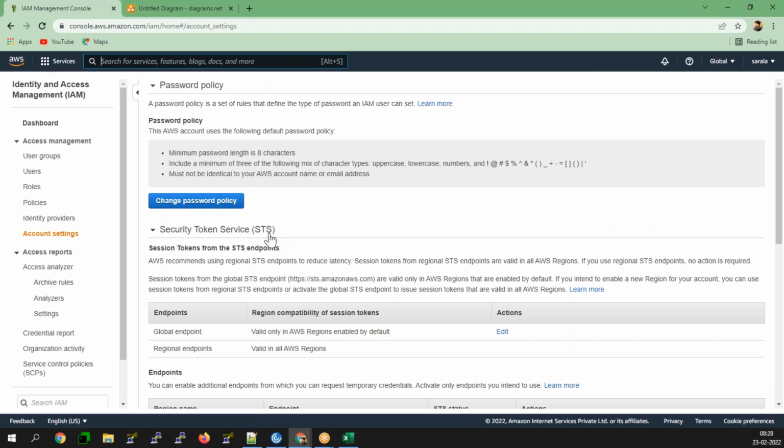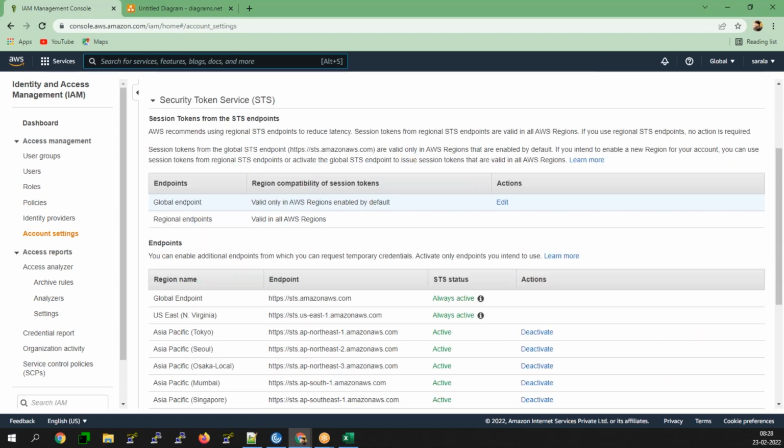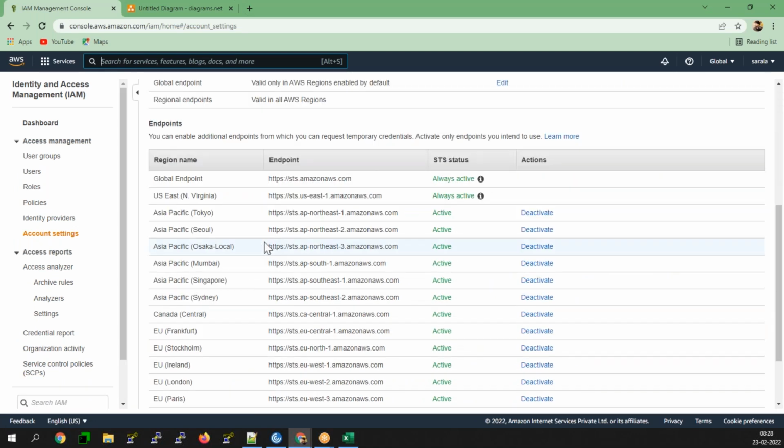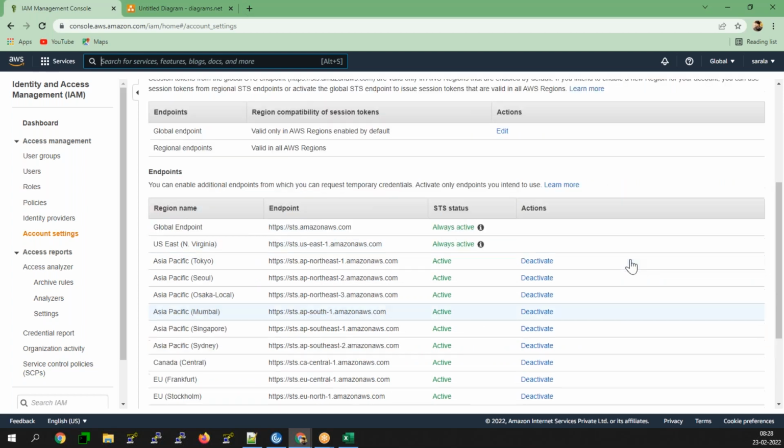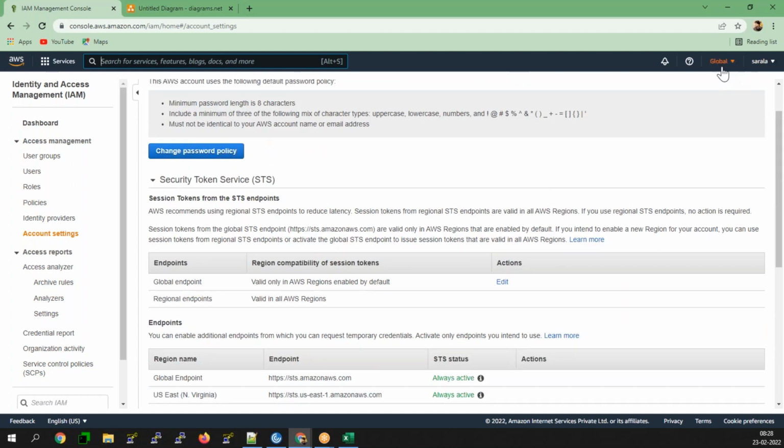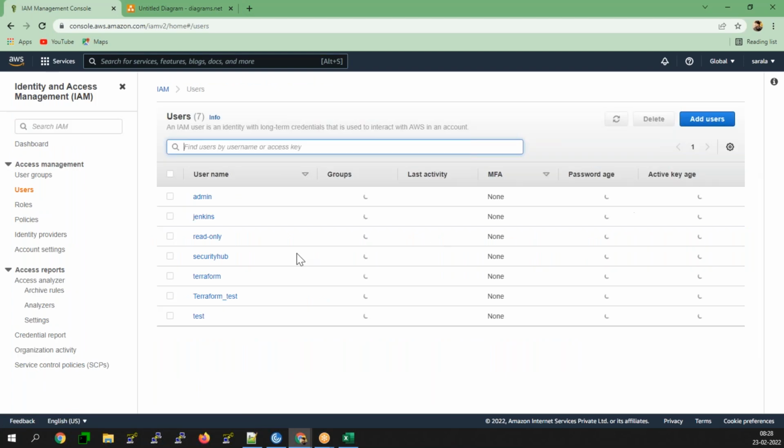So this is how you are going to be logged in. This is my global access. This is one main important thing that you need to understand: IAM is completely global access.